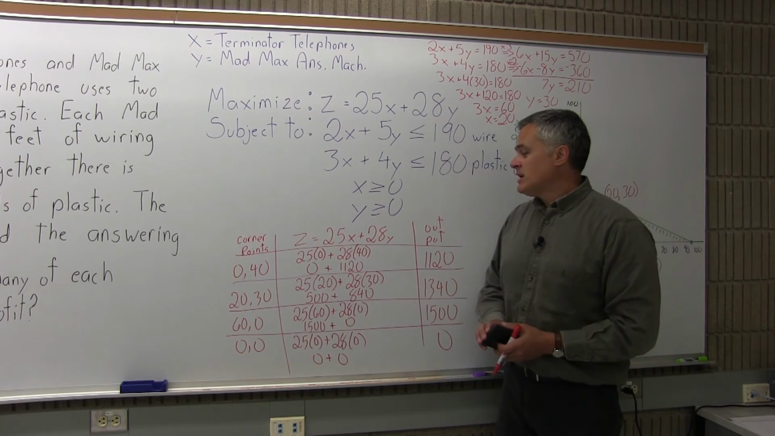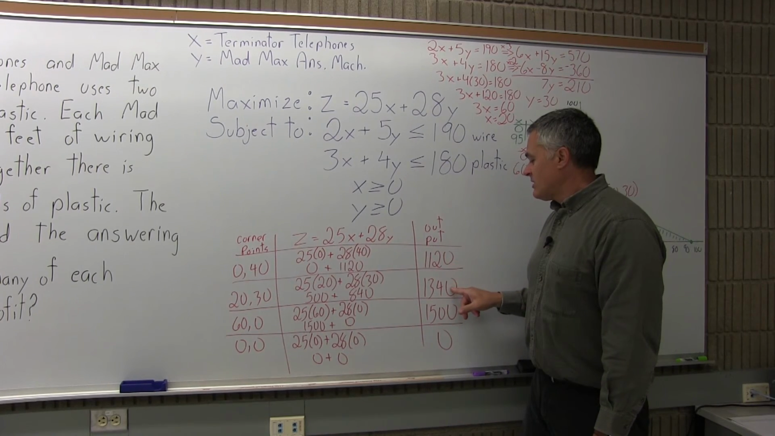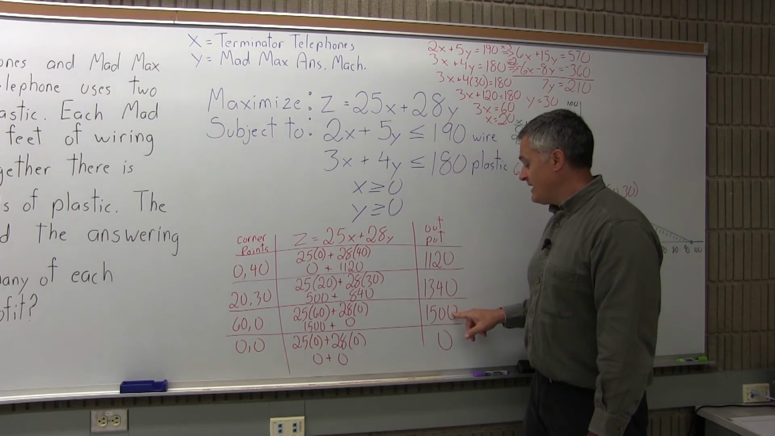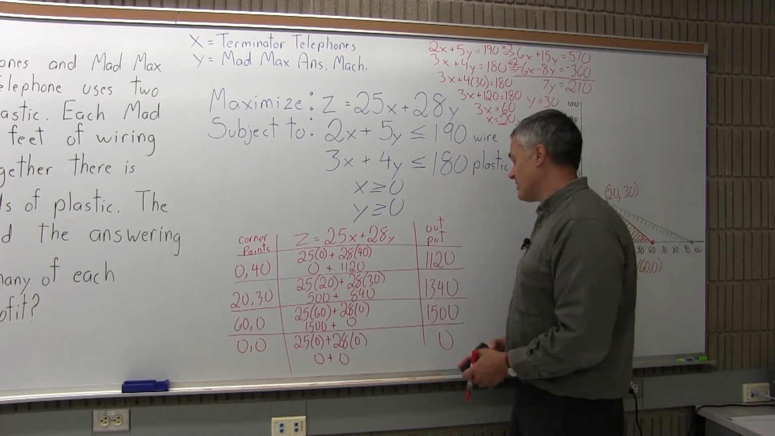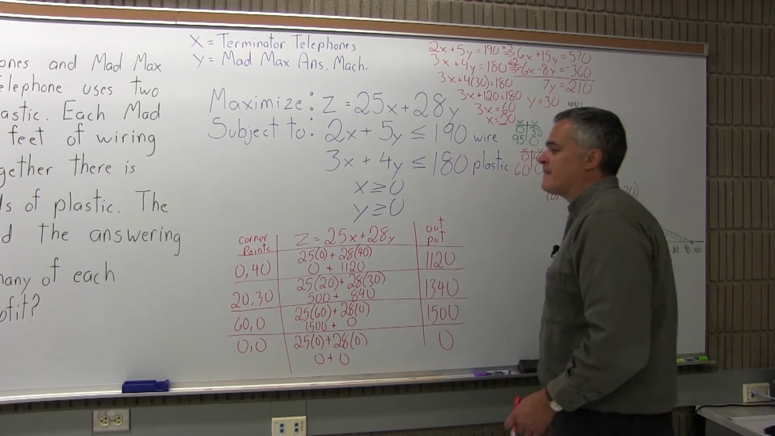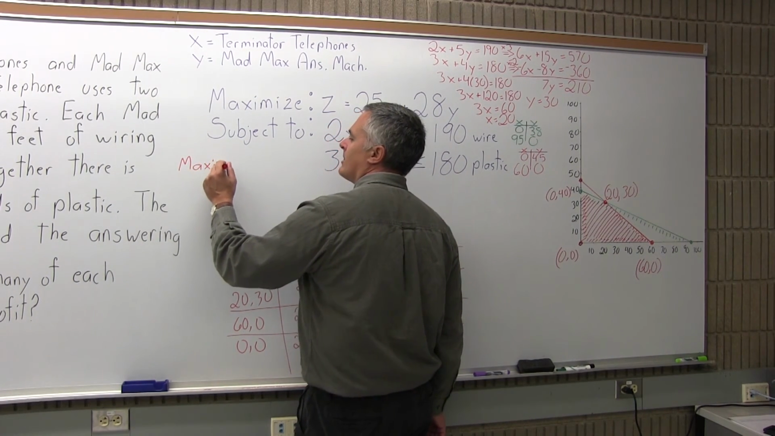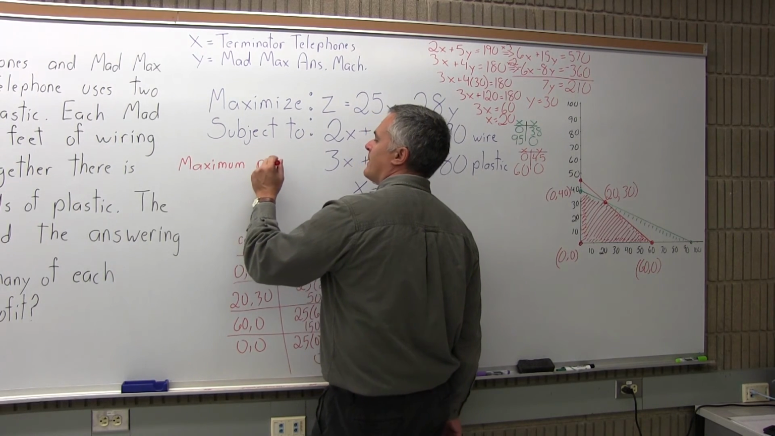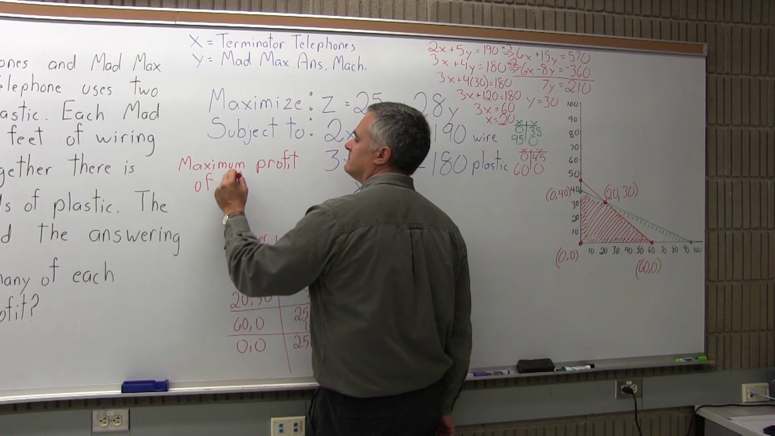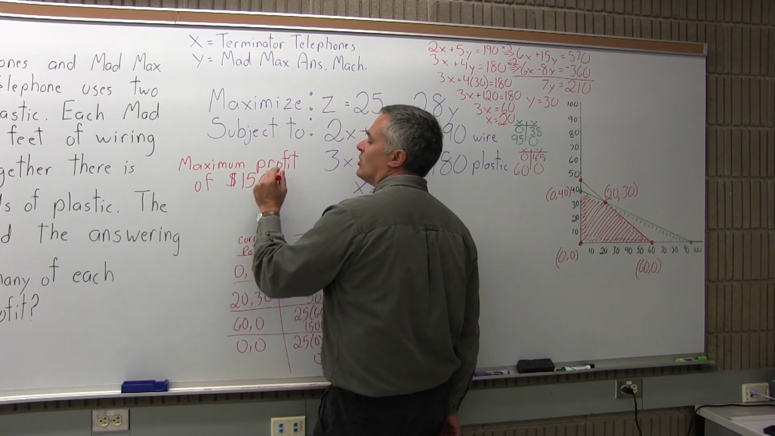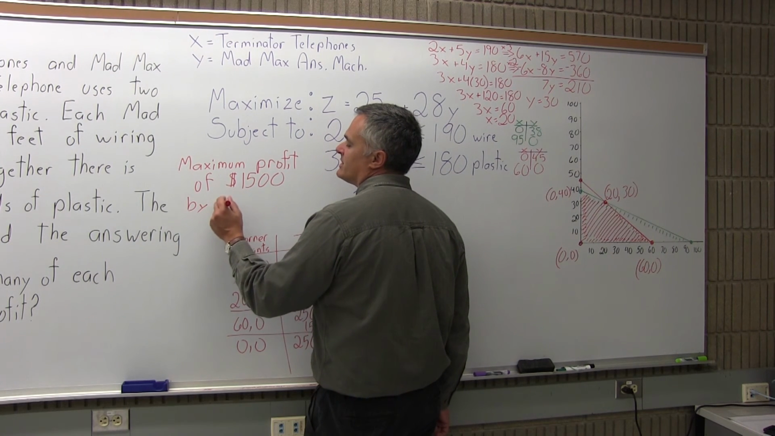So now the possible amounts of profit we can make are $1,120 of profit, $1,340 worth of profit, $1,500 of profit, or $0 of profit. Well, you want the most profit you can get. So the last step, which is state your solution, I will put maximum profit of $1,500. And instead of saying at the point, we would say by producing